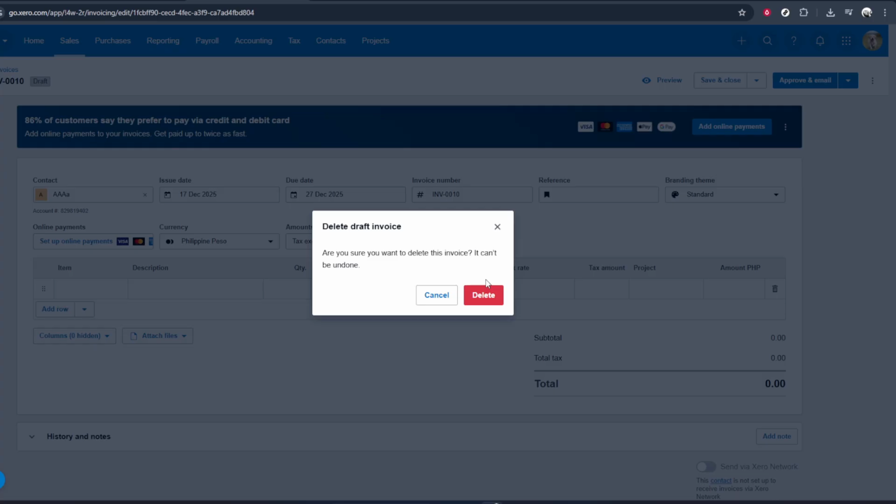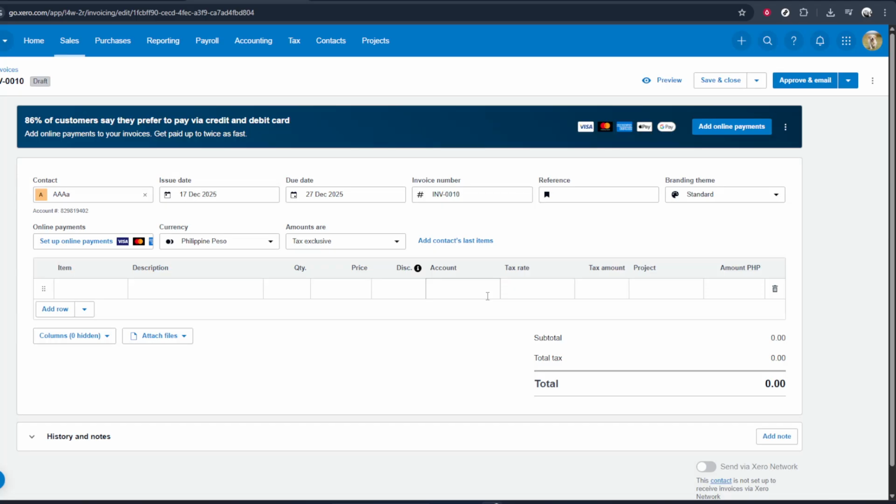Once that's done, the invoice will be marked as void and it will no longer impact your accounts. You can always view it in the voided invoices list if you need to reference it in the future, but it won't show as outstanding or awaiting approval anymore. And that's how you delete a draft